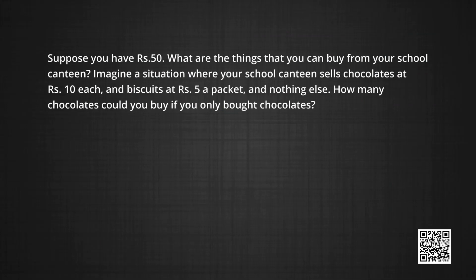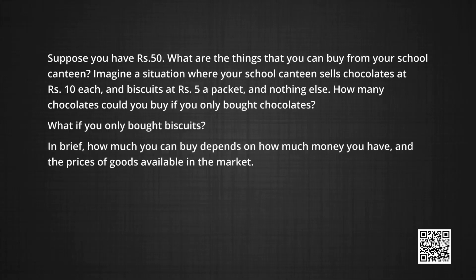Suppose you have ₹50. What are the things that you can buy from your school canteen? Imagine a situation where your school canteen sells chocolates at ₹10 each and biscuits at ₹5 a packet and nothing else. How many chocolates could you buy if you only bought chocolates? You could buy at most 5 chocolates. What if you bought only biscuits? You would at most buy 10 packets of biscuits. In brief, how much you can buy depends on how much money you have and the prices of goods available